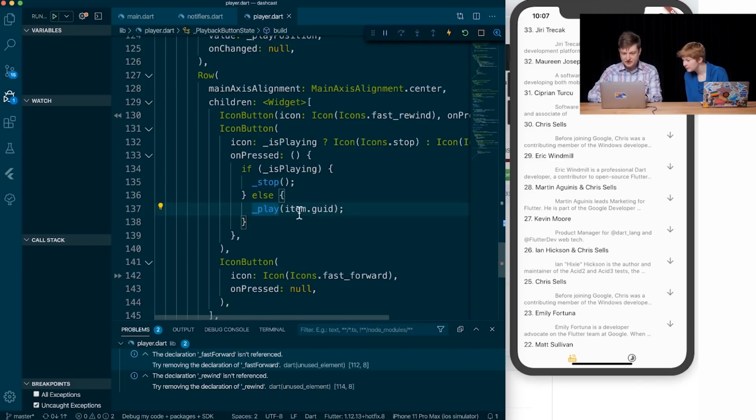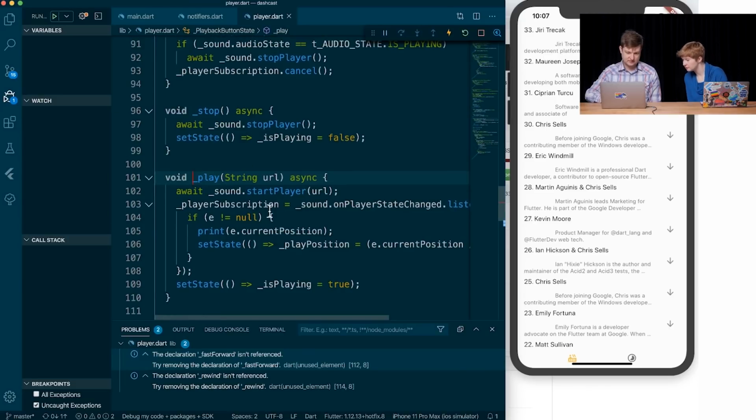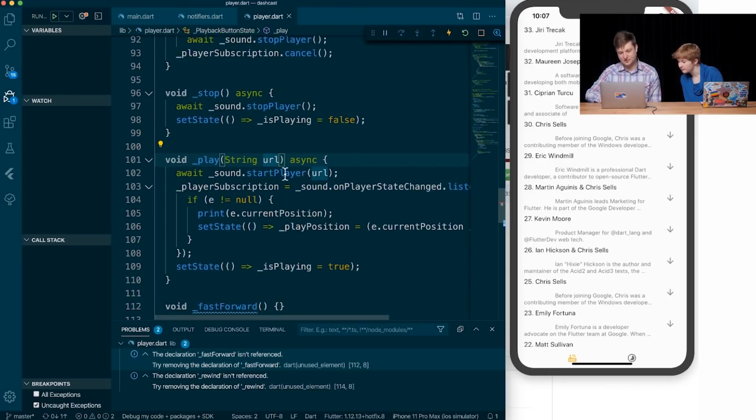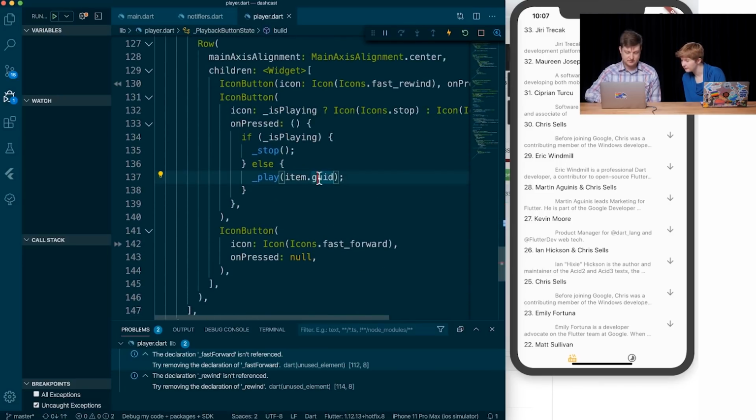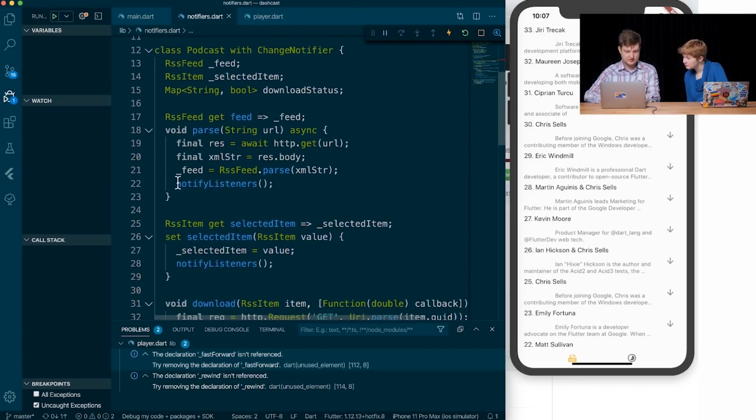There we go. Okay, so right now we're passing the GUID from the RSS item. And that, I believe, is just a URL for the RSS feed. Right. Okay, which makes sense. We're calling it a URL in play. So we should be able to check to see if this item has been downloaded already. Where are we storing? I think that's part of the